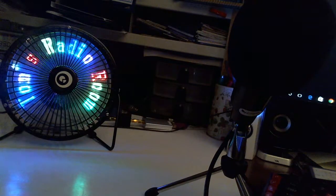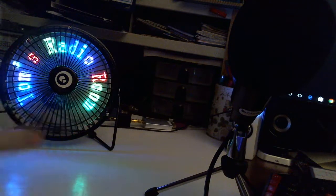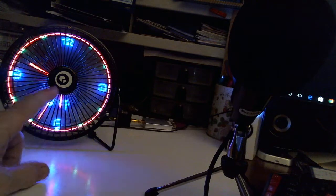And like I say, you can control a bunch of things. You can put in text. You can even select a picture and it will display the picture. I haven't tried that option yet. You can have it display the clock, and I guess it got the time from my phone, because the time was